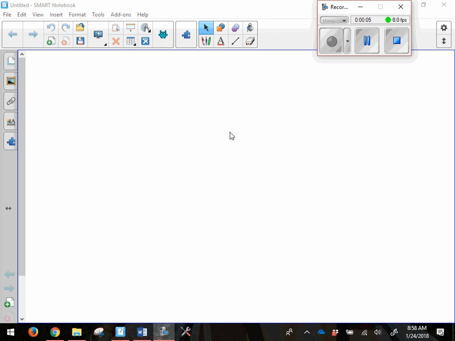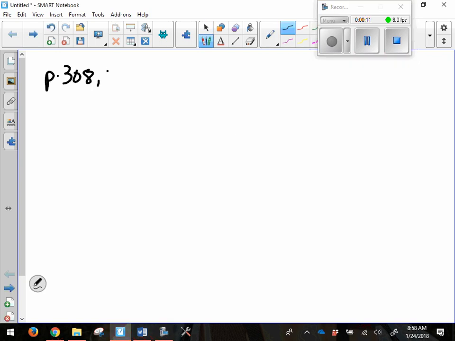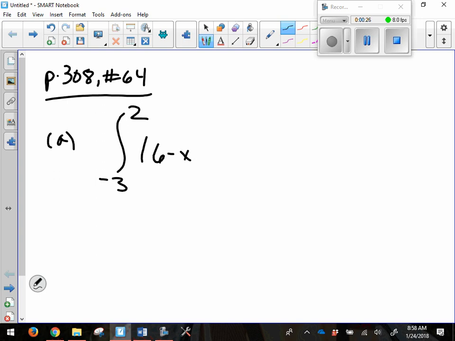So we were working on page 308, number 64, which was the problem with the Archimedes arch. And we showed that if we found the area under the arch for part A, which was the integral from negative 2 to 3 of 6 minus x squared dx, using the fundamental theorem of calculus part 2, we could take the antiderivative of the integrand, which we did term by term because it was a polynomial,